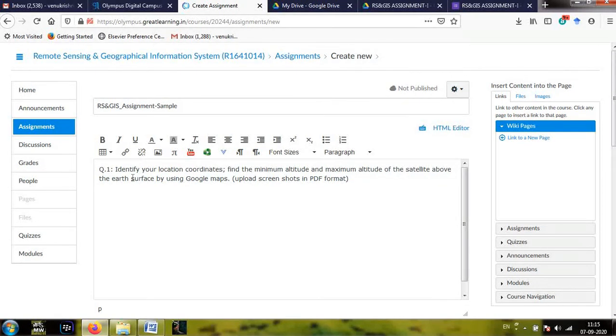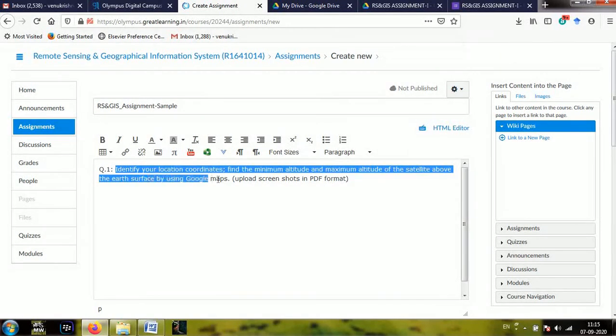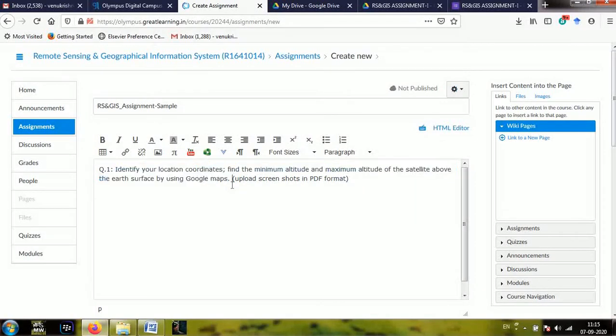Now as I have assigned this question previously, I'm going to give some note to the students. If you want to give any note you need to type here only. There is no other text box for giving any instructions, so the only available box is here. It is the main box for question or instructions, anything.